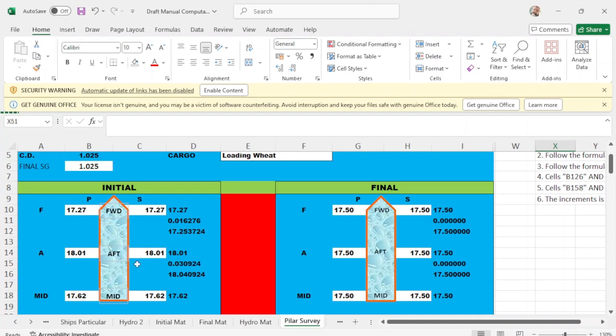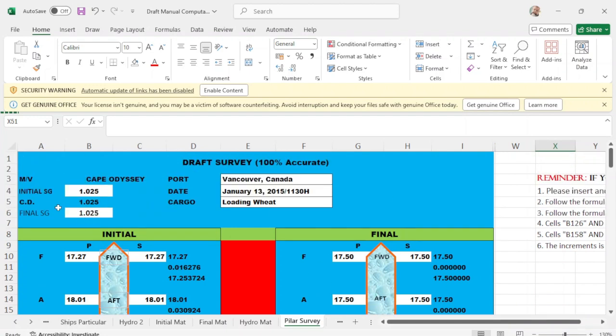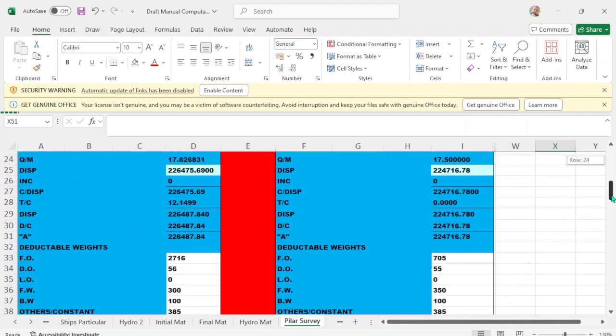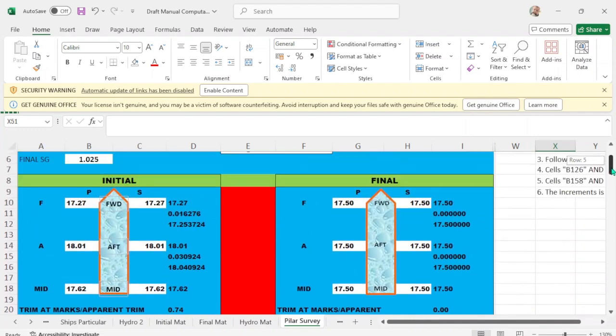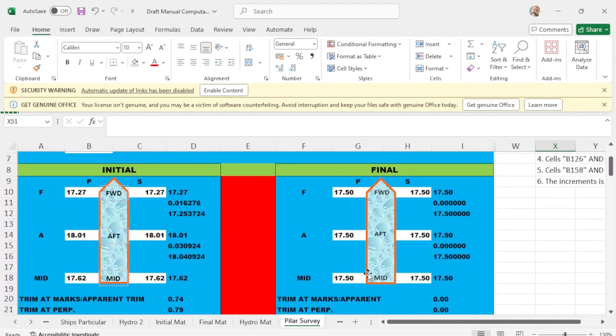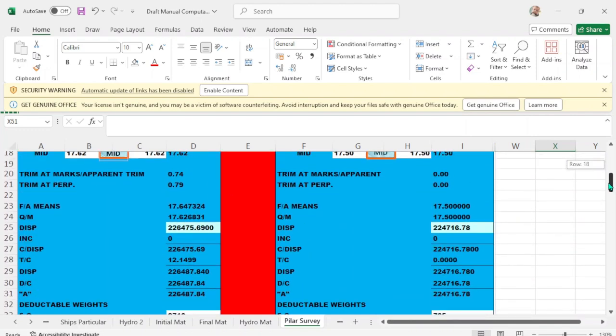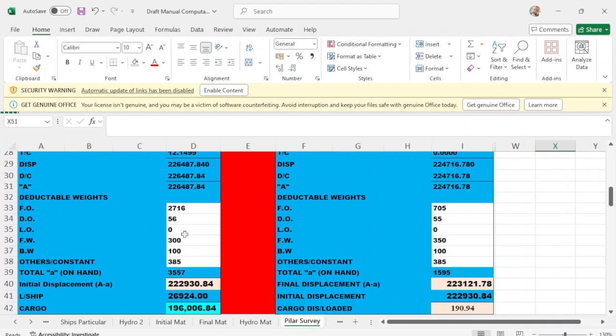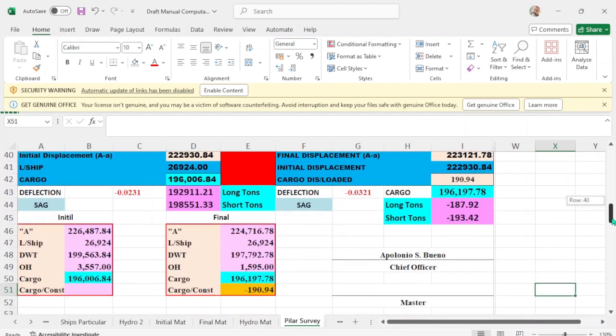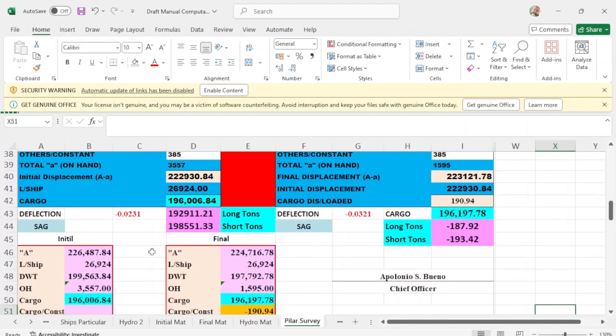You put the initial and final, and here the initial density is here. This is the final density. Of course, you have to fill in the draft forward and aft, and this is your ROBs. Then you will have your answers.